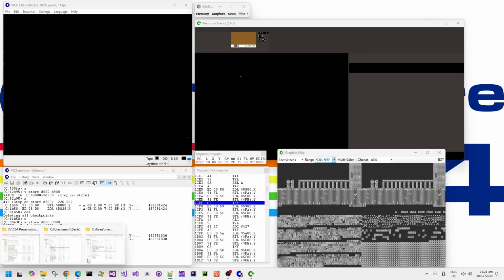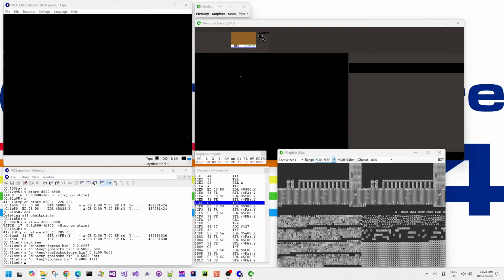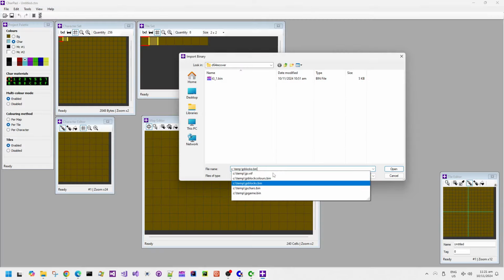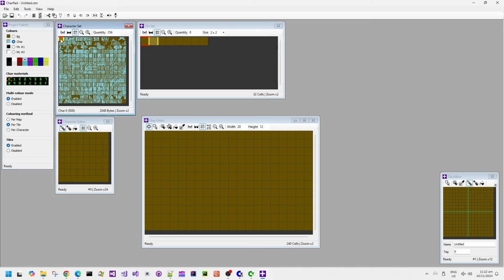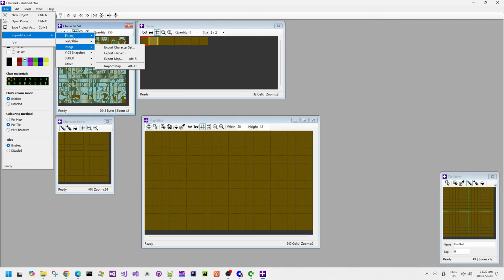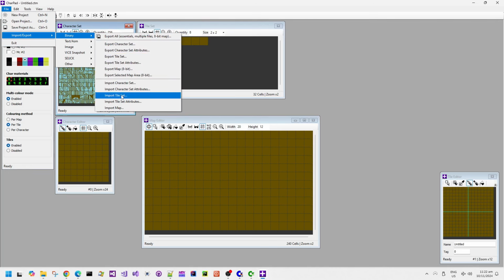Now, before we try and load this into CharPad, we also need to do the swizzling. We need to update the graphics data for the blocks. So let's load the character set data into CharPad, and we can see that the character set data has successfully imported. No surprise there. It's very simple to import that. Now let's try and import the binary data for the